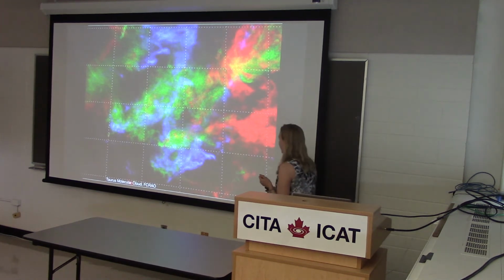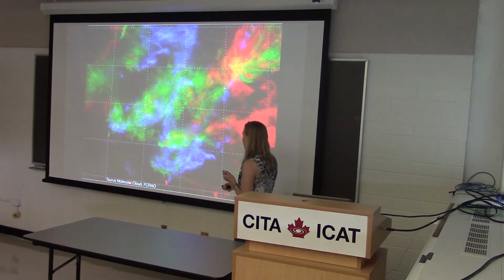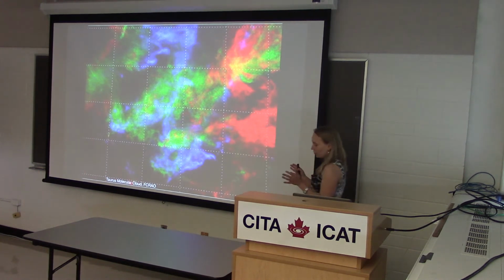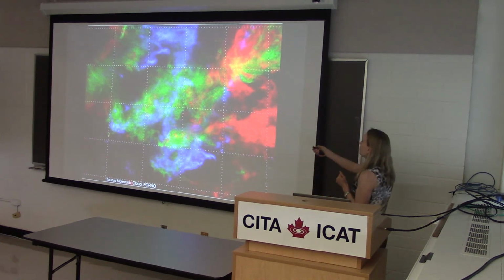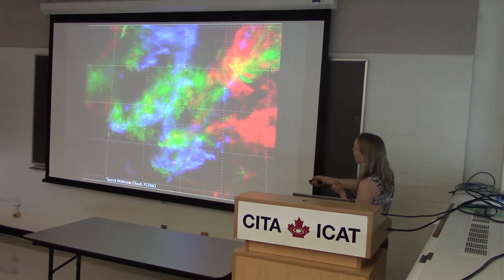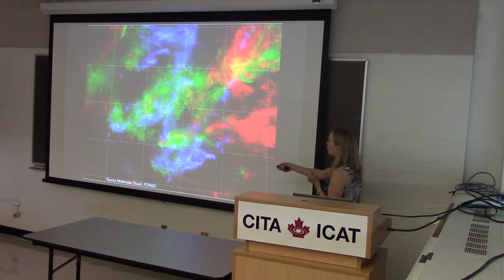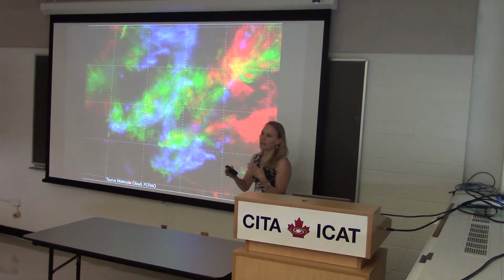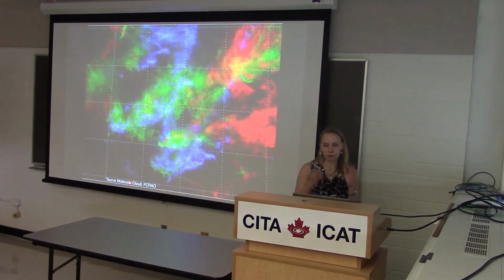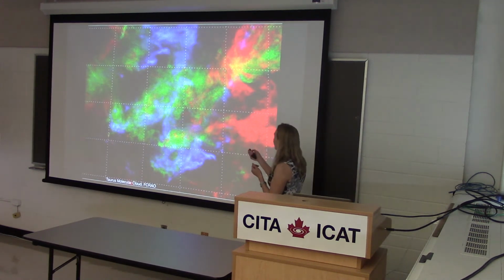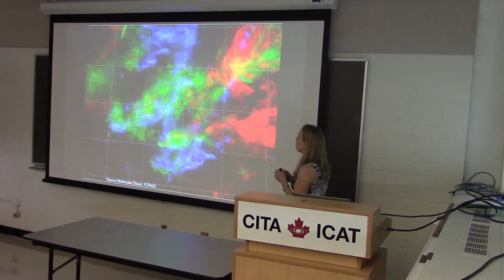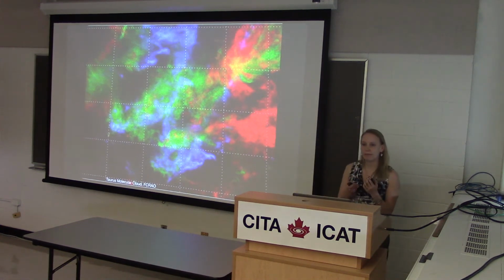All right, so here's the Taurus molecular cloud. And this is actually a CO map that's been color-coded by velocity. So you have red-shifted gas, blue-shifted gas moving towards us, and green, which is some intermediate velocity gas. There are no numbers here, but what you can see by eye is that the velocity structure of the cloud is very complex and turbulent.